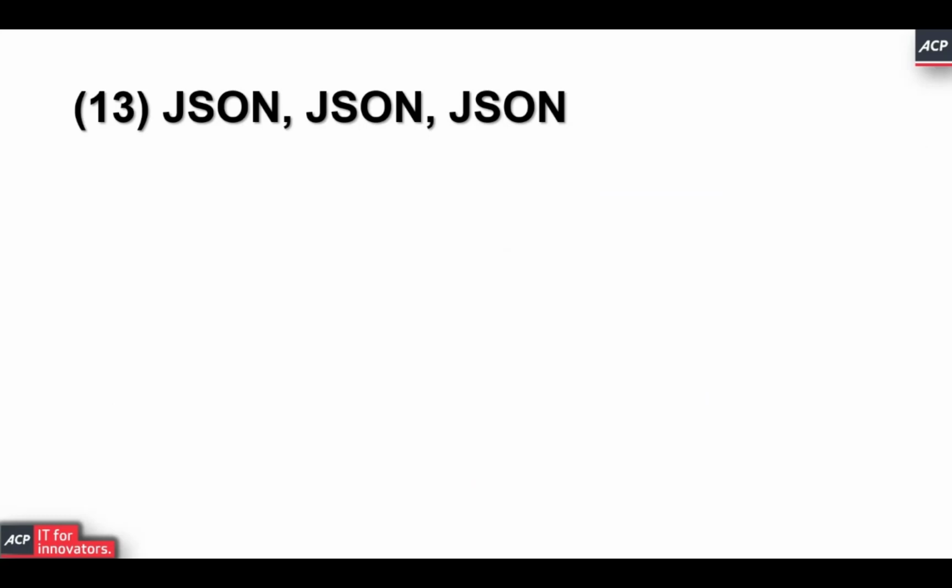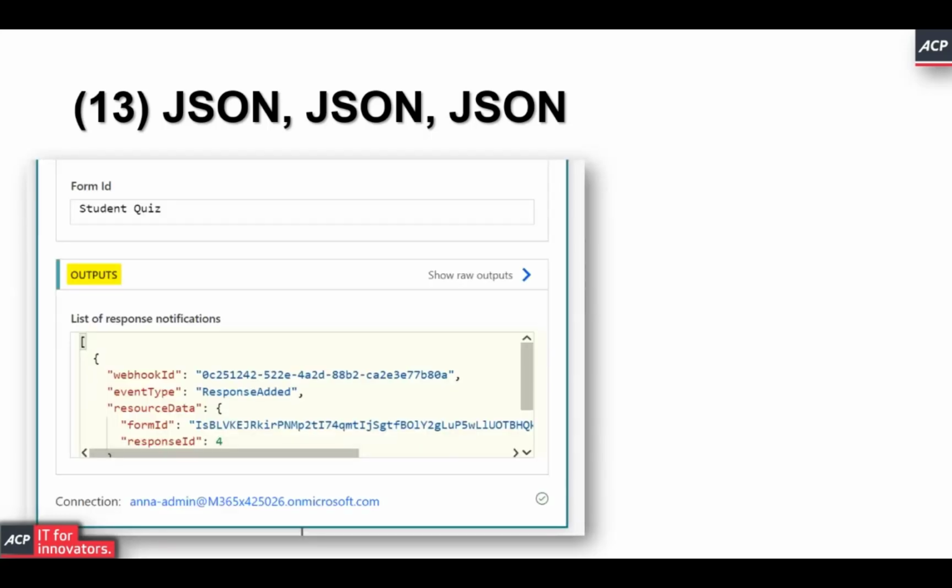The 13th tip would be JSON. Why? Power Automate in its shell is a huge REST service, which means that JSON is the number one format that is used for transferring data. And of course, you can be working with old data, synchronizing CSV files or Excel files and other formats, but Power Automate is built to work out of the box with JSON files. So whenever you look at any output from any connector that you're ever using, you'll see that it's basically an array with JSON format inside that array.